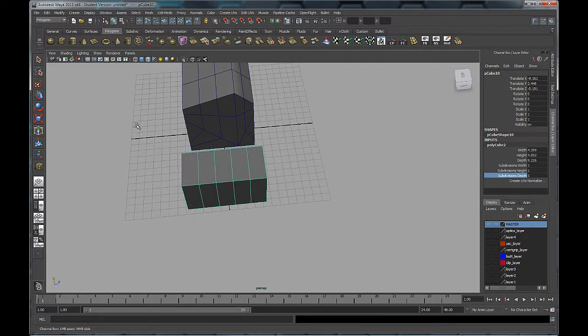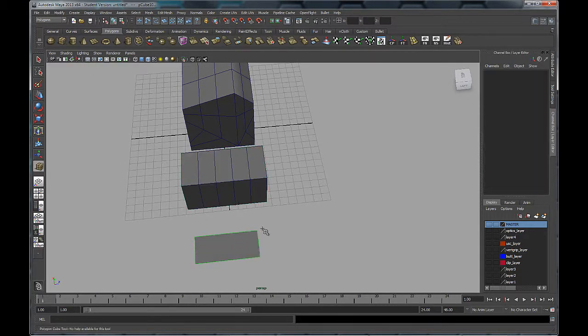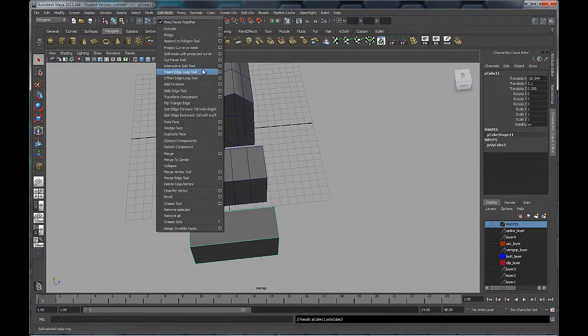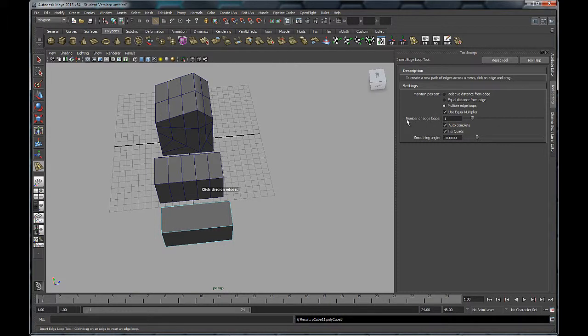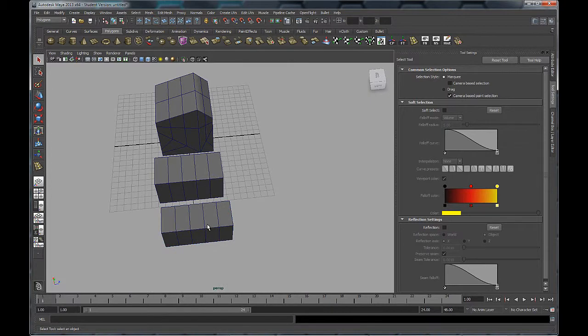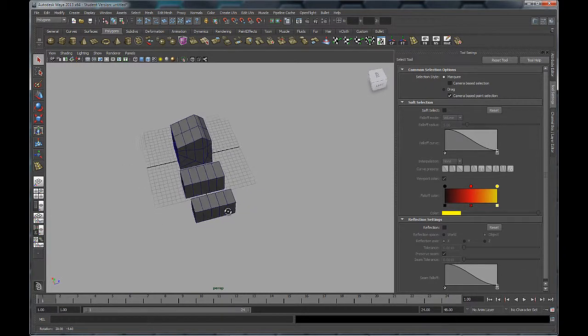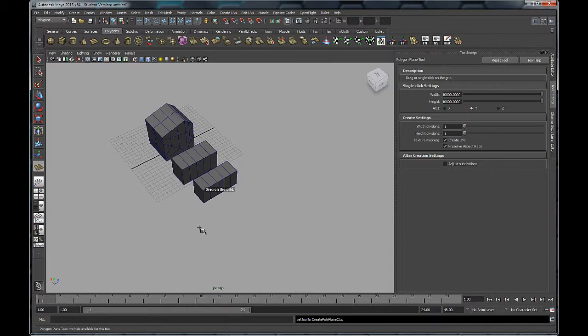But basically, that's exactly the same result as taking your cube and using the Insert Edge Loop tool, setting the maintain position to multiple edge loops, and then setting this number in order to get the same number. It's 4 edge loops like this, and if I click here, it's going to give me basically the exact same result. So you can see there that there are different ways of doing things that give you the same end result. The other way of doing that would be to